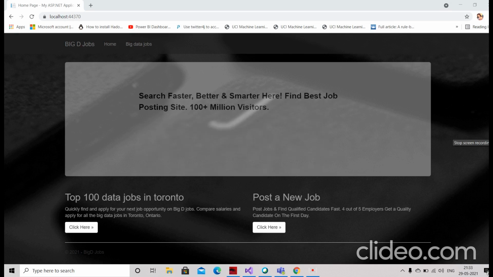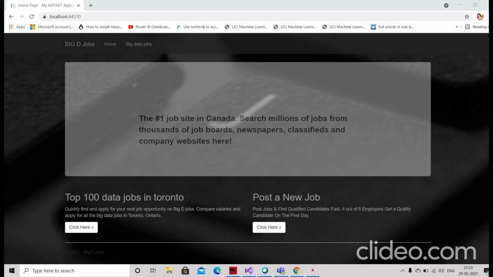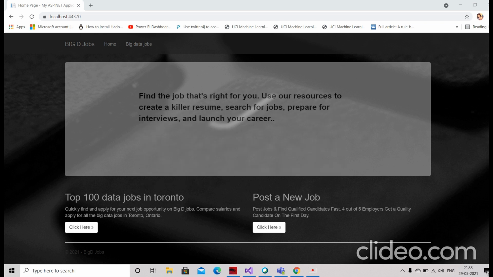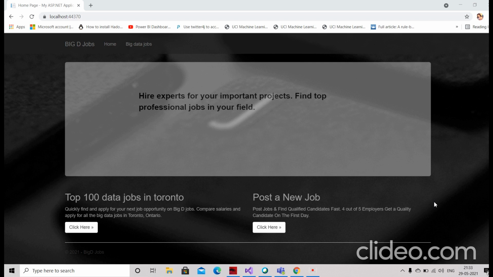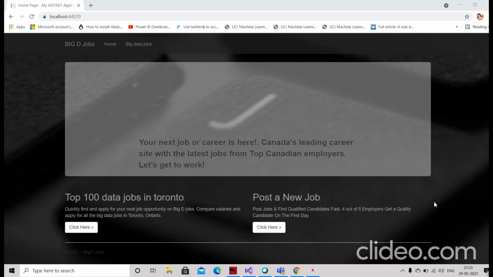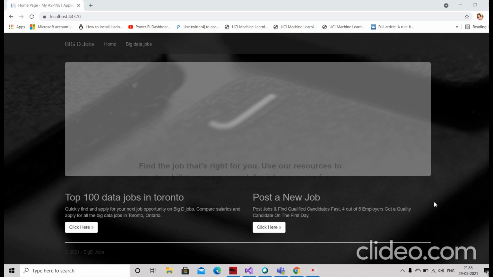Hello, this is Belfi Baby. I was a part of the development of the particular web application Big Day Jobs. We have created this in ASP.NET MVC using C# and Entity Framework. And as we have just seen, we have used Microsoft Azure SQL Database as the DB. For the templating of the site, we have used HTML, CSS, and a little bit of JavaScript. I'll be explaining the routings of the application as well as the structure of the project.